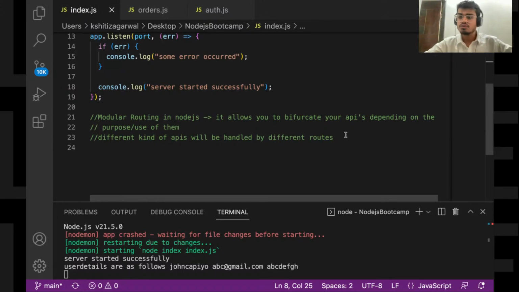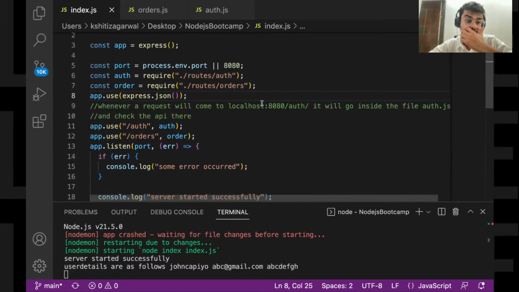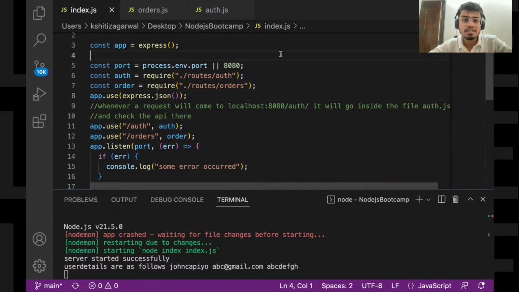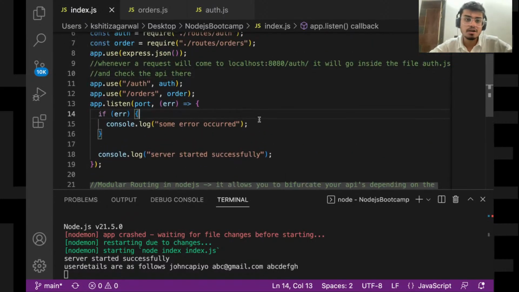Okay, fine. So I hope this routing part is clear. One thing I forgot yesterday was covering two more types of APIs. We covered get and post, right? But put and delete I forgot. To be frank, they are not that much required. Put is required, delete is not that much required, but still you should know it. So today I'll be covering those put and delete APIs as well.